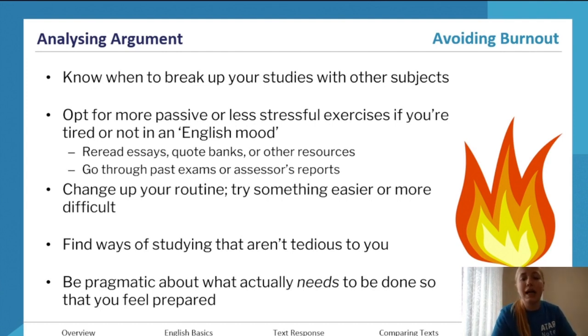Make cue cards if you would like, go through past exams, do prompt plans, practice analyzing argument tasks from past exams. Like there's so many ideas of ways to break up your study and still be really effective with it. Not everyone will benefit from writing 100 essays. Probably no one will after a while. You want to do those shorter tasks as well to supplement your essay writing for it to get better at the same time. Change up your routine and try those different things and find ways of studying that are not only more fun for you but very effective.